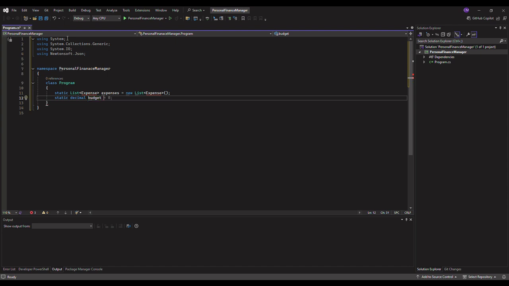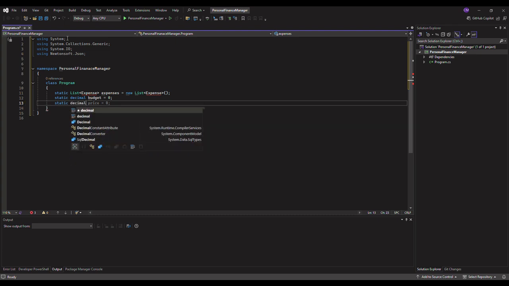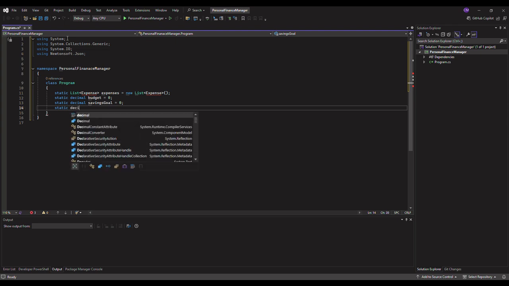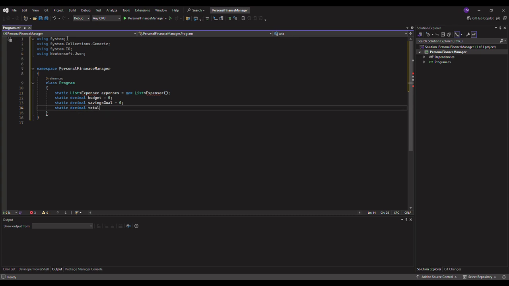We do static decimal budget equals to 0, and we do again static decimal savingsGoal equals to 0, and we move to static decimal, and we get our totalSavings, let's say equals to 0,